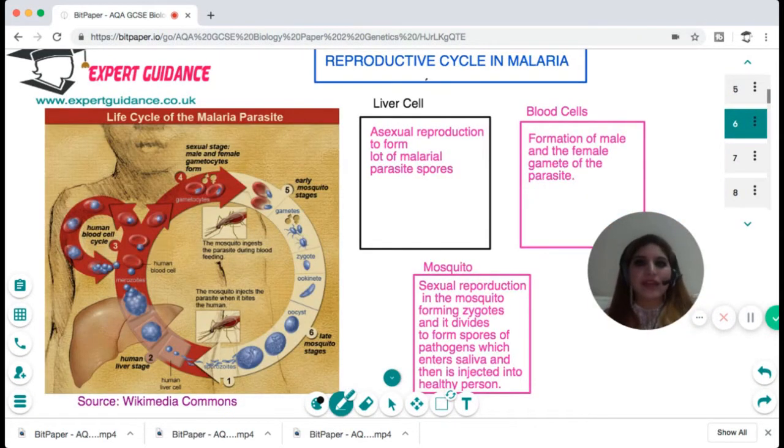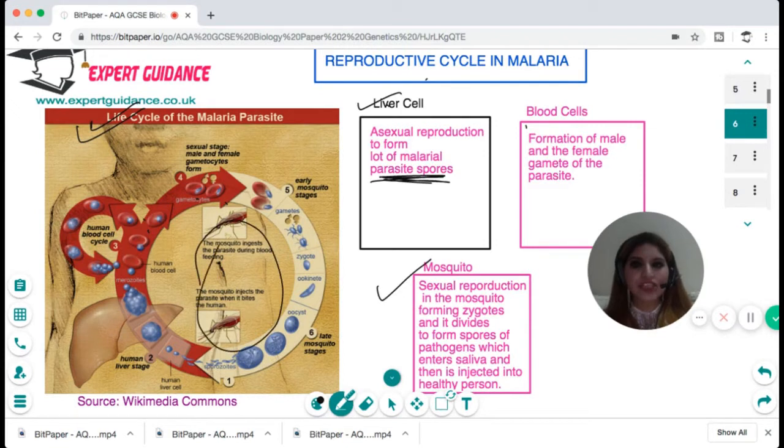In malaria, the life cycle is a little different as it involves a human cell as well as a mosquito. In the liver cell, the asexual reproduction to form the malarial parasite spores happens. In the blood cells, there is the formation of the male and the female gametes, and the sexual reproduction takes place